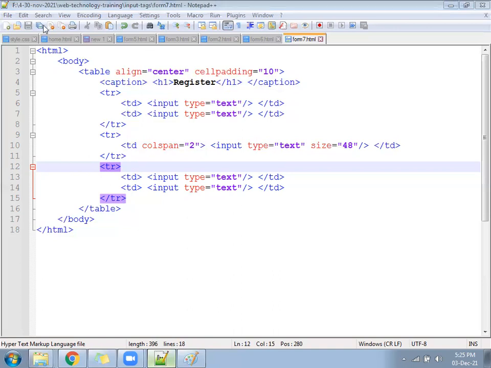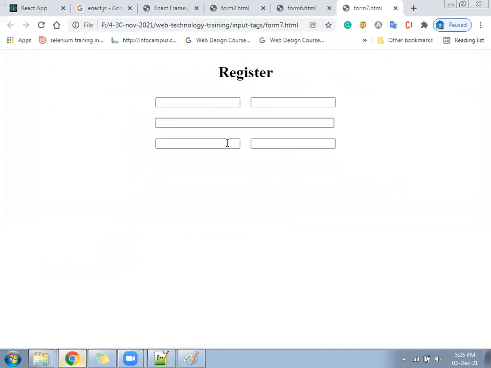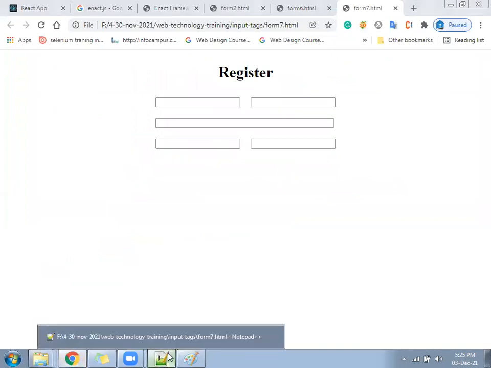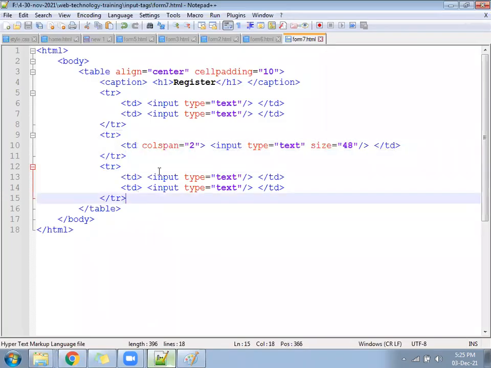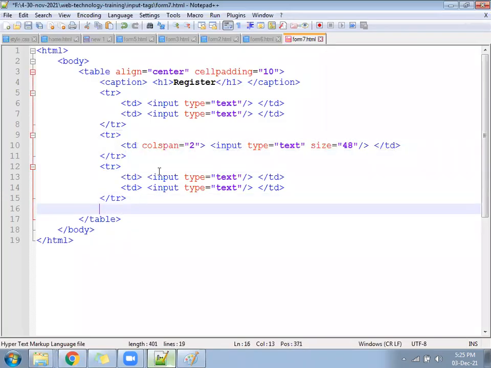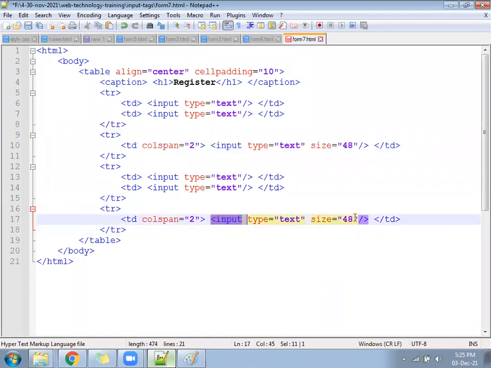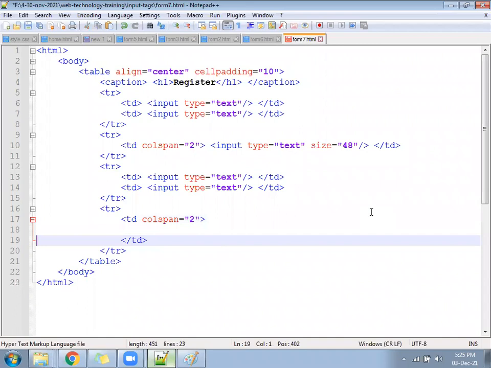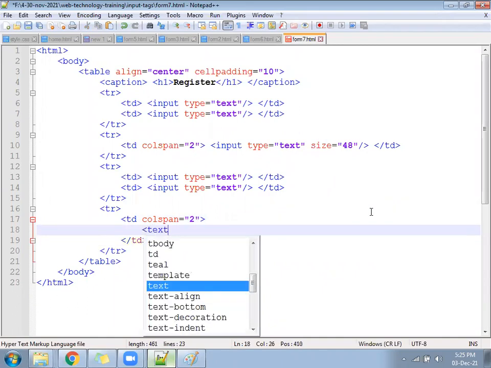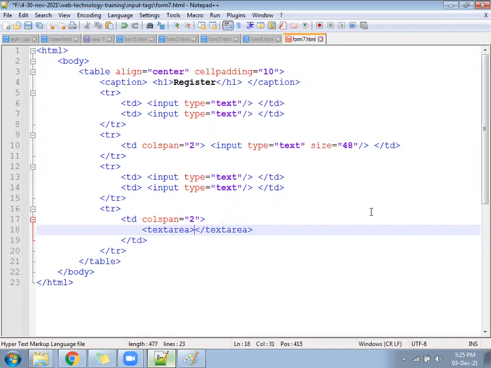Let us check now how that looks. Something like this. Now next we require one text area, so we can follow one more TD like this. One text area. We need to open the text area and we need to close the text area.